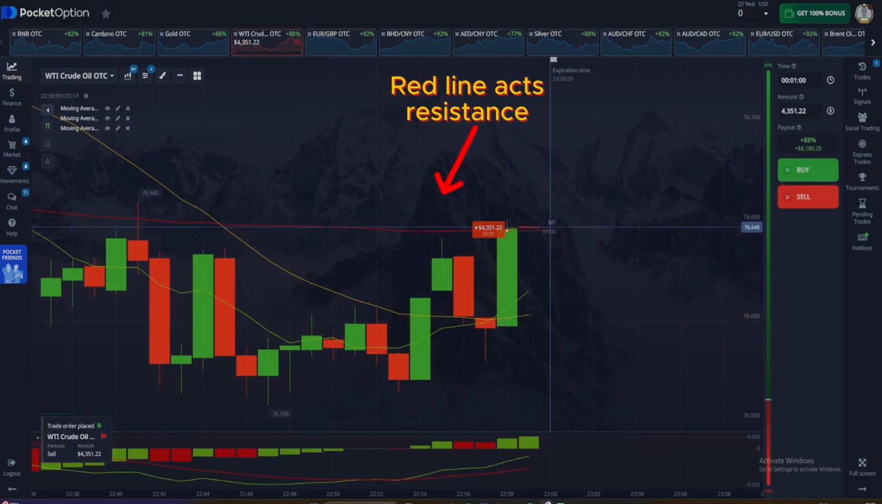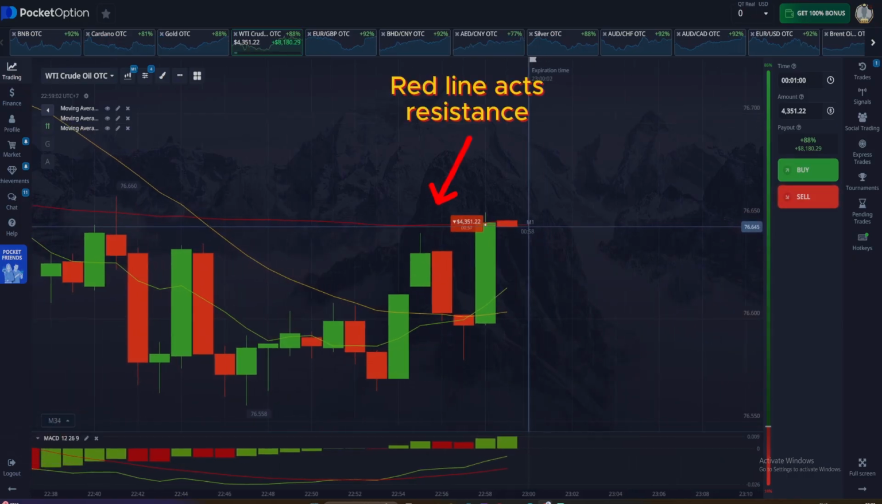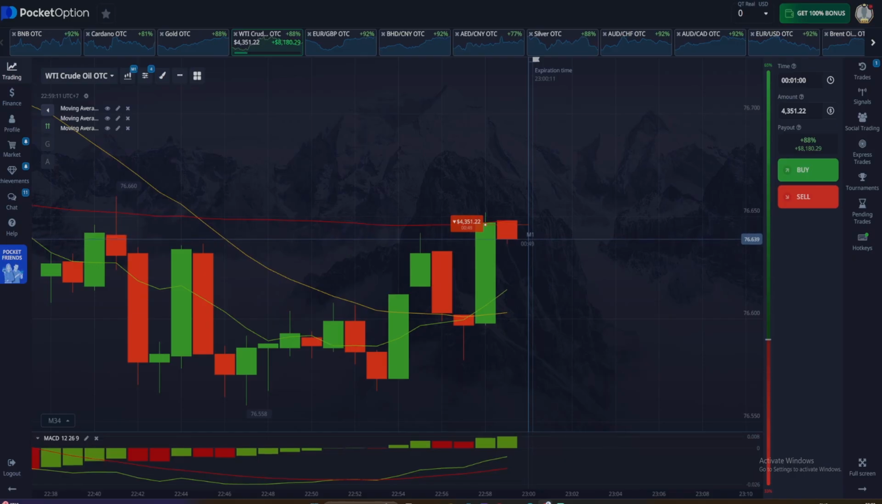I'm taking a sell position because the price is currently reacting at the red line, the 60-period moving average, which is acting as a dynamic resistance. This red line often serves as the ceiling of the long-term trend, where price struggles to break above and instead